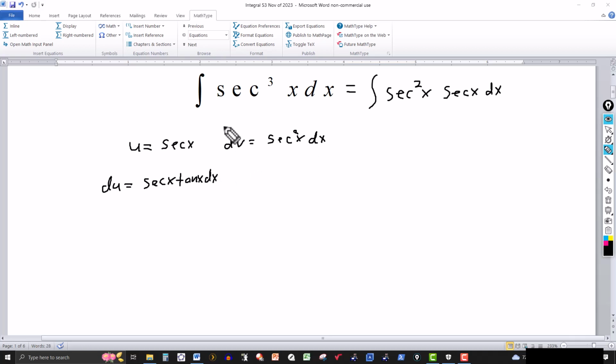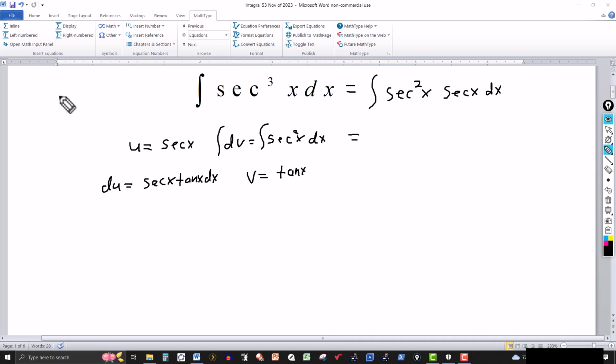And then for the second part here, dv equals secant squared of x dx, we integrate both sides with respect to x over here, so I get a v here equal to tangent. The integral of secant squared is tangent of x. And then over here then,